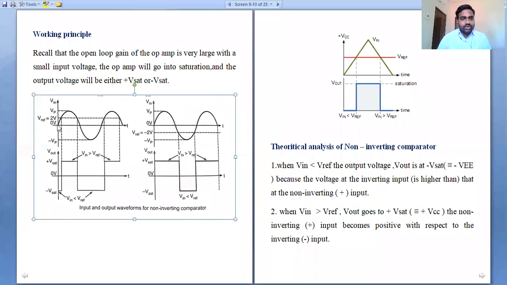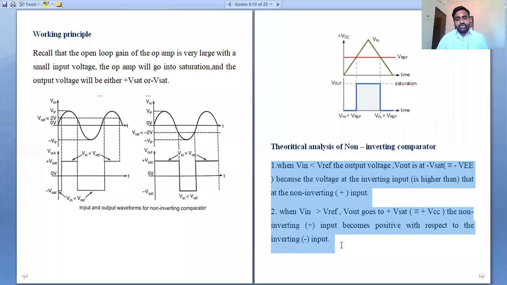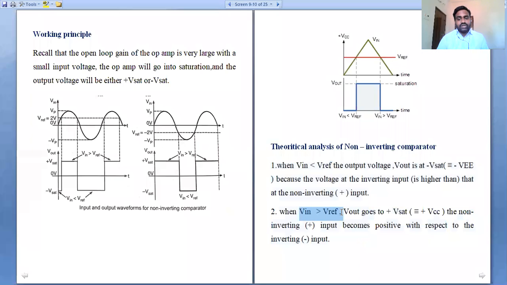In this discussion of the sinusoidal pulse, the input voltage starts at 0 volts, and later the applied voltage reaches a particular V peak. Here we can see the positive peak voltage and this is the negative peak voltage, and next we will see the full waveform. At the previous discussion it is 0 volts. Okay, see the theoretical analysis. Here we have two conditions. If the input voltage is greater than the reference voltage, we see the behavior of plus Vsat. At that condition the output is high, positive high.